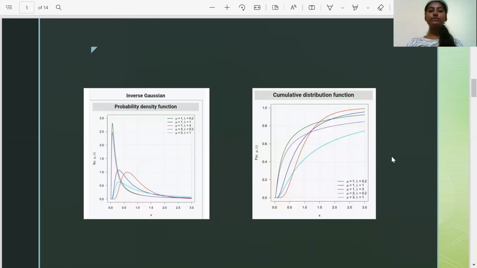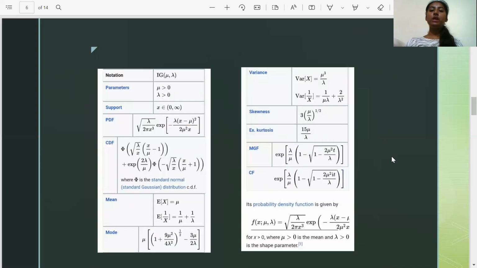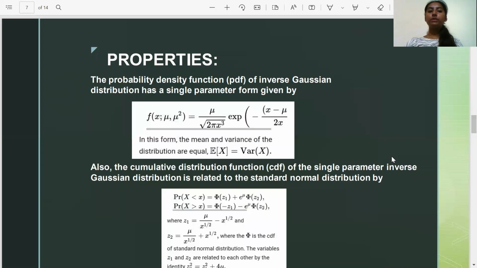Here I gave the graphs of probability density function and cumulative density function. Here I gave the formulas of the probability distribution properties. The probability density function in inverse Gaussian distribution has a single parameter form given by f of x, mu, comma mu square